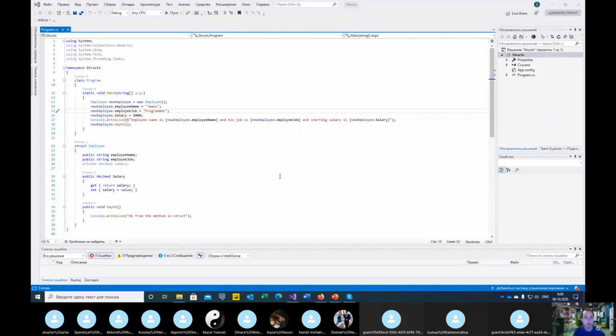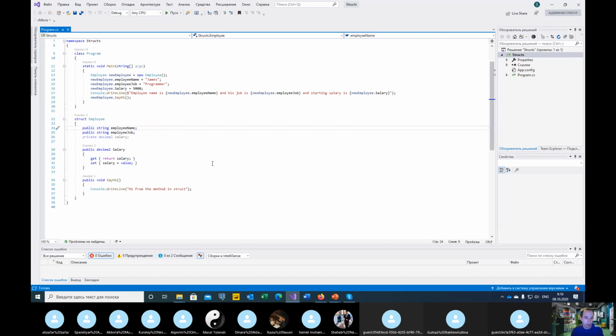So now let's go to the practical part of our lesson. There are some listings of programs. For example, when we have the struct as your favorite, we have the struct Employee here, for example, with the following fields: employee name, employee job, and a private decimal salary. We have the property public decimal Salary, with get and set, and we have the